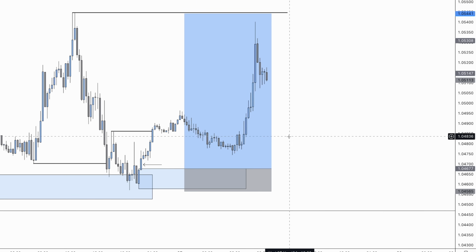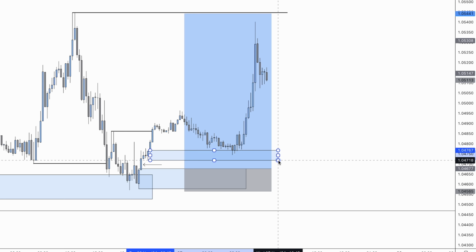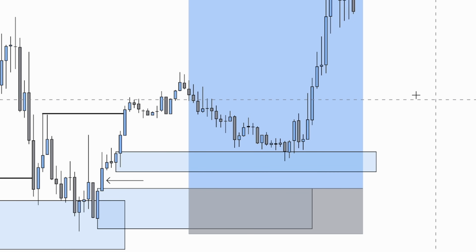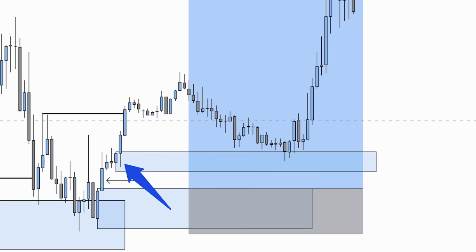Now that sucked because I got the idea right, I got the narrative right, but what happened was the market reacted to this area of demand here. In hindsight, this kind of makes sense because I talk about a concept called the zone that broke structure a few times, and some people haven't heard about it. But basically the idea is when we're looking at supply and demand, if we think about the logic behind them,